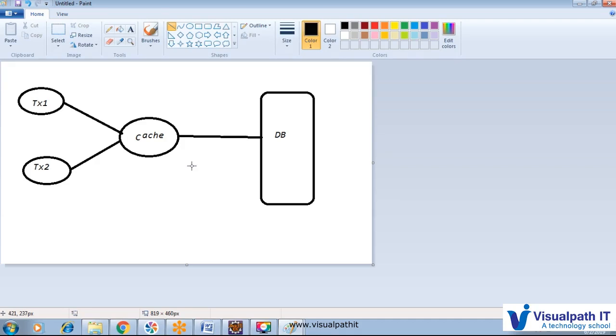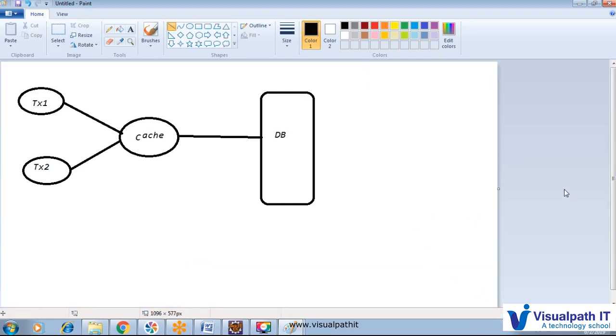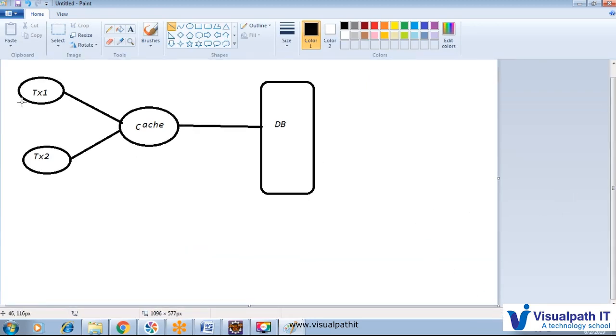cluster scope cache. So what is the cluster scope cache doing? Here this one is the first application, and I have one more application, that is the second application.